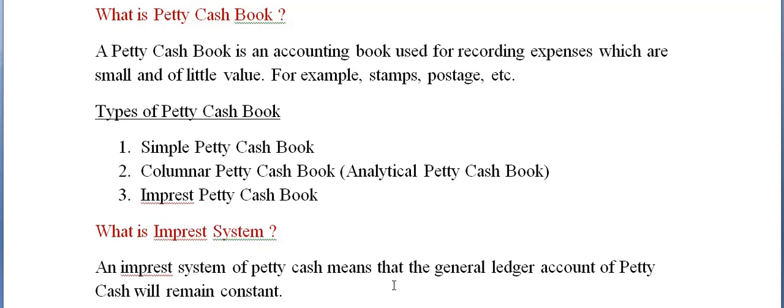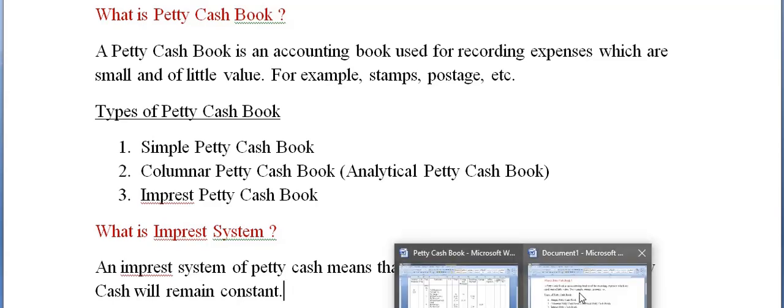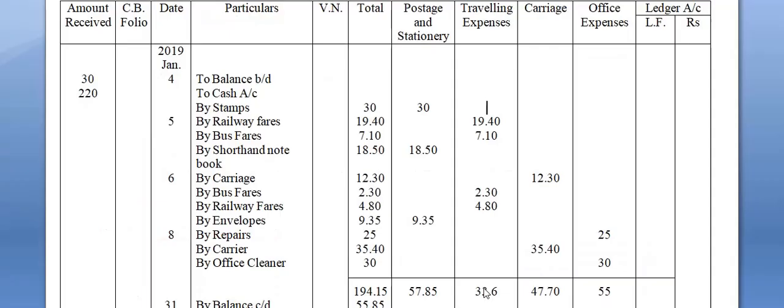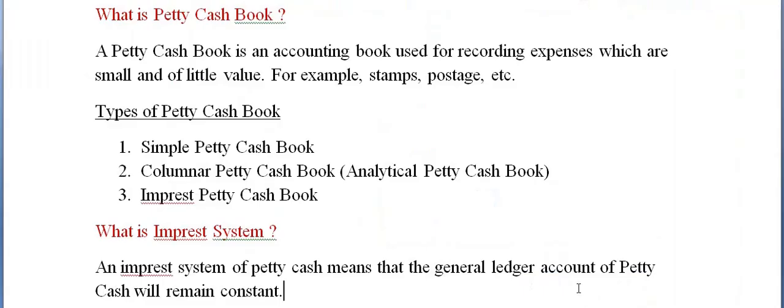Whenever these tea expenses occur, you can make one more column out here. You can write refreshments and entertainment column. So depending upon the nature of the transactions, you can make the columns. And these expenditures like tea expenses, postage and stamps, traveling expenses,